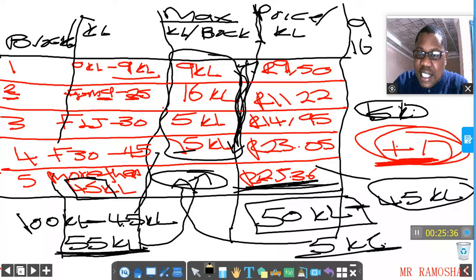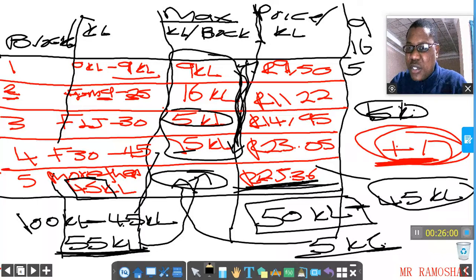But I must consume 9 and 16 in order for them to charge me according to block number 3. In block number 3, they say the maximum is 5. That means after using 9 and after using 16, they are now going to look at block number 3. Block number 3 says they are going to charge me 14 rand 95 cent per kiloliter that I consume. And how many maximum kiloliters must I use in block number 3? I must only use 5 kiloliters. So if I use more than 5, that means I will consume everything in block number 3, and the remaining now,